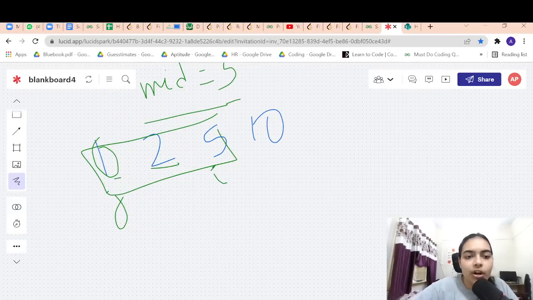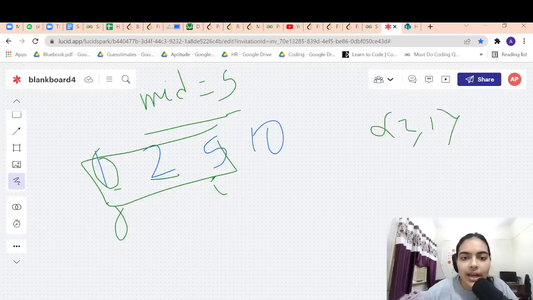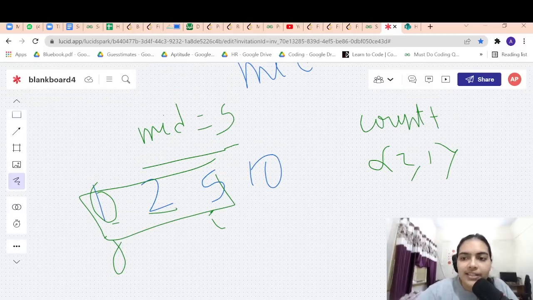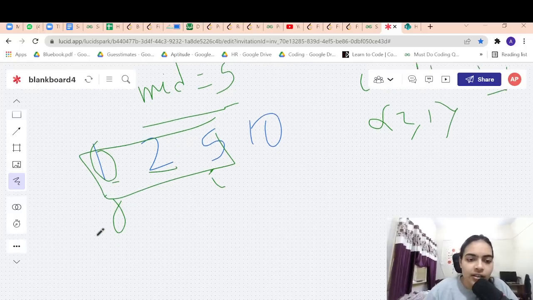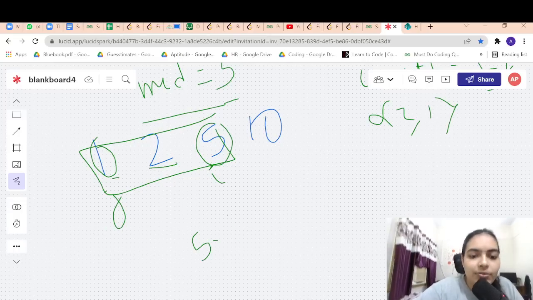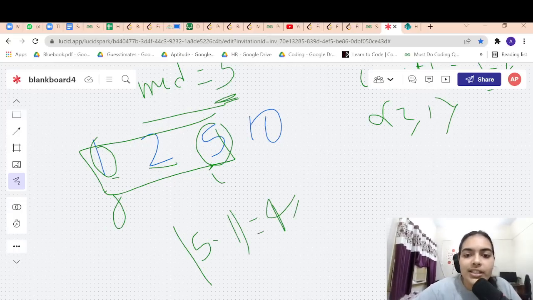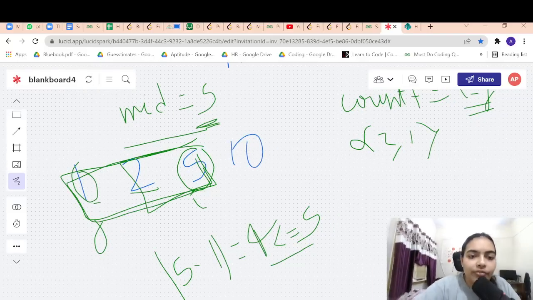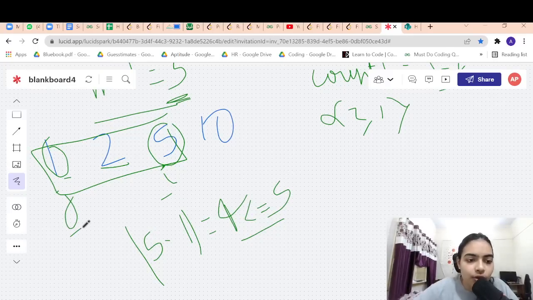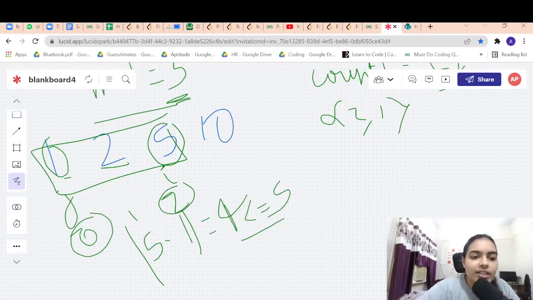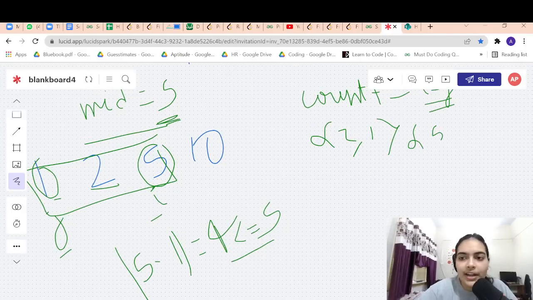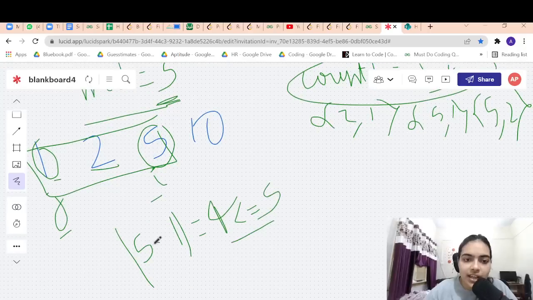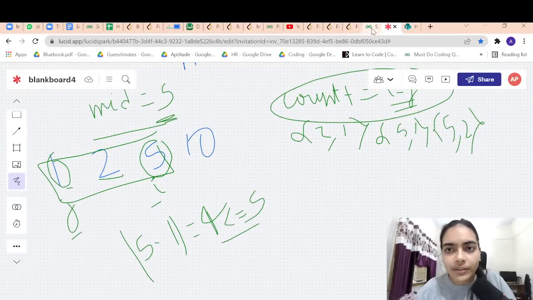So first time we got a pair 2 1, right? So first time, what is the count of pairs that you have? In the initial case, the count will just be I minus j, right? For example here, 5 minus 1 is equal to 4, and 4 is less than equal to 5, right? So how many pairs did you get? You got 2 pairs, 5 2 and 5 1. How do you get 2 pairs? I minus j is equal to 2, right? I is equal to 2, j is equal to 0. So you got 2 pairs, right? 5 1 and 5 2 are the 2 pairs that you got. How can you get the pairs? Just do I minus j, you will get the number of pairs, right? So that's what we did.